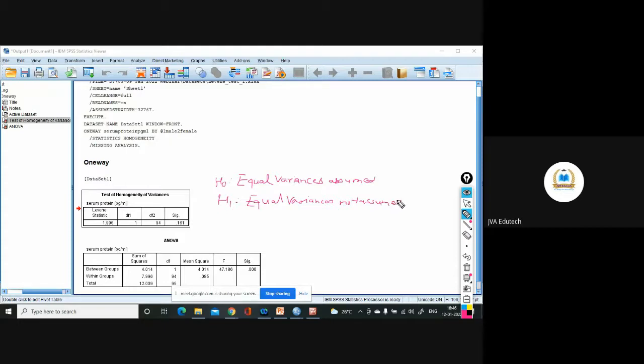Which of the conditions is satisfied in our case? Sir, equal variance is assumed. Null hypothesis accepted. And I have already told you that for testing the assumptions, the p-value should be greater than 0.05. That's how your null hypothesis will be accepted. So equal variances assumed, so there is homoscedasticity, or equal variances are there. This is how we check the homogeneity of variance.